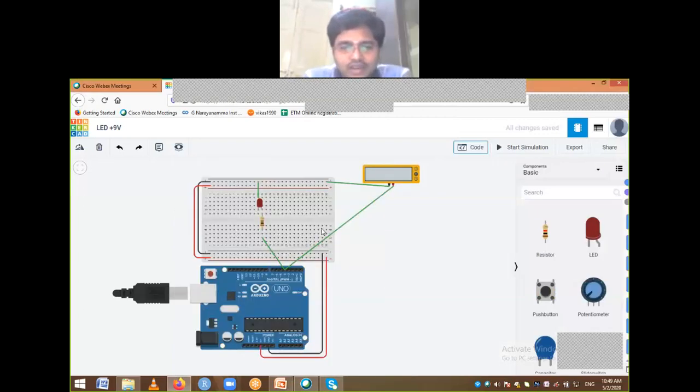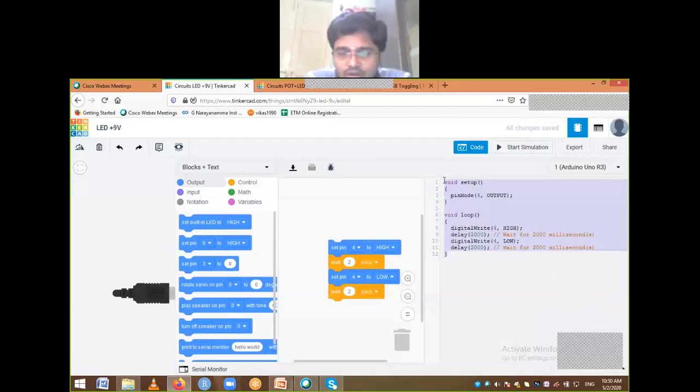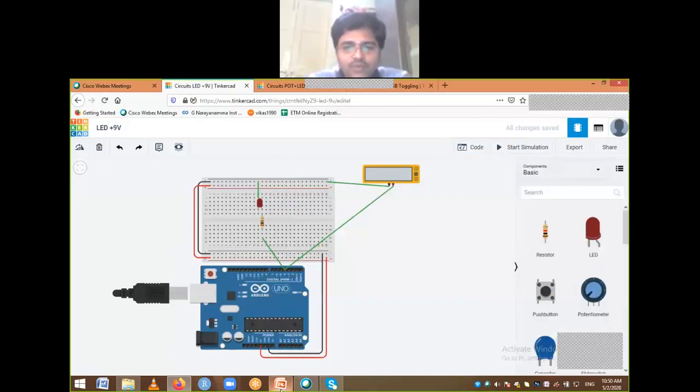So we just have done like come up with Arduino, connect an LED to that one, and try to write code. And whatever the code we have, you can just select this particular code, and copy and paste in your Arduino environment. Okay, we are not talking about Arduino environment as of now. We are just looking at how I can use Tinkercad to work with Arduino. Okay, we'll go for next experiment.